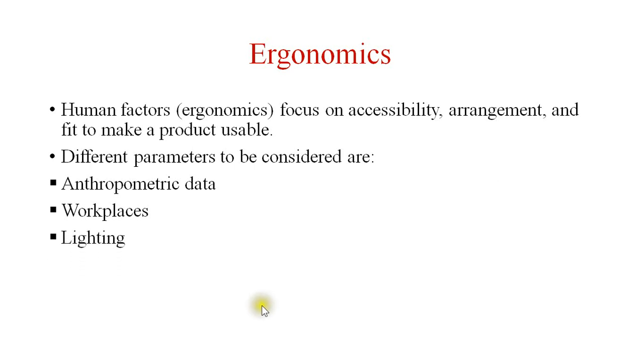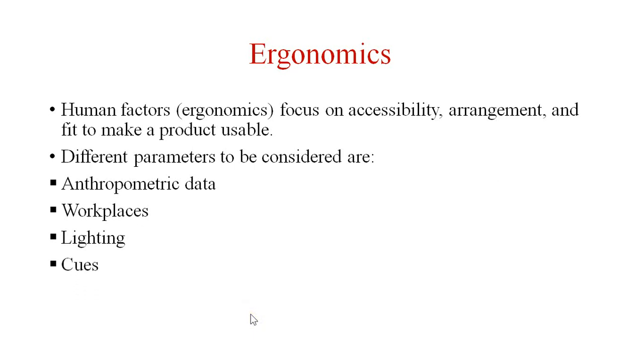The next parameter is lighting. The illuminating conditions where your instrument or product is to be used are also very important. Here, the lighting intensity, the angle, and the uniformity of coverage are very important concerns. If any glare is present, that will distract from your product design, or it can be hazardous to the user. So that will affect the users. So you have to consider these lighting conditions for your product design and the workplace.